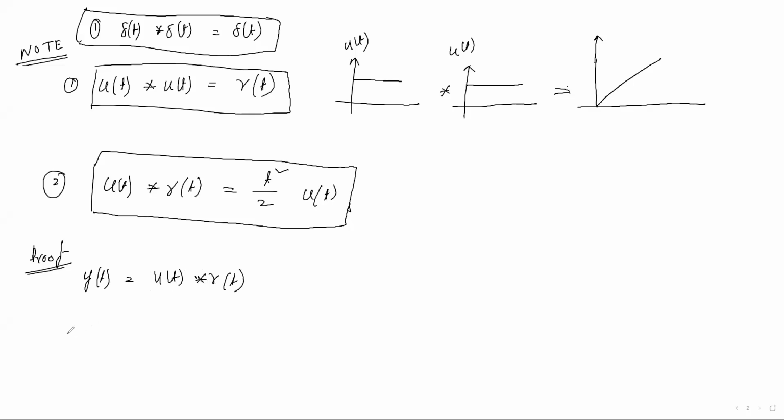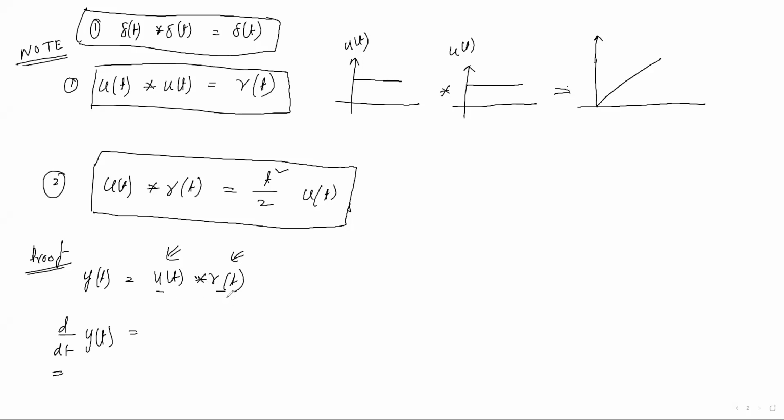So if you take differentiation of y of t, it makes the problem very easy to solve. Let me say once again: here we are taking differentiation. Why? Because we will make one of these two terms a delta. Why in terms of delta? Because if you convolve any signal with delta, that signal comes out as it is. That's why, to make this convolution problem easy, we take the differentiation so that one of these two terms becomes the delta function.